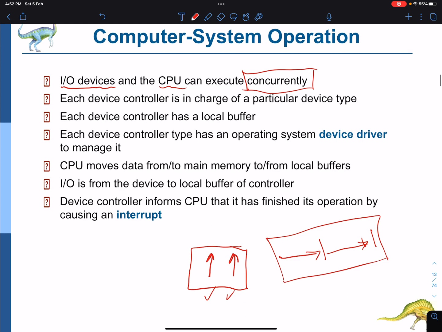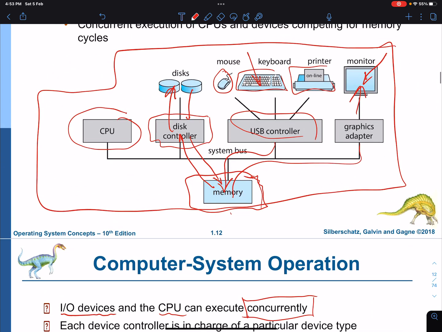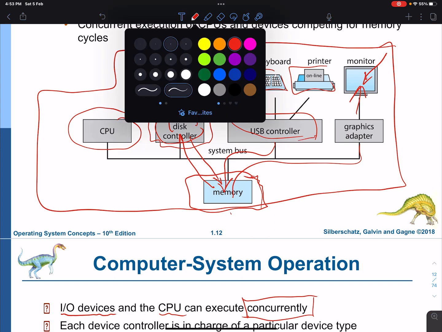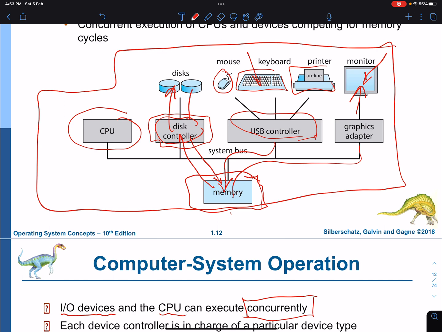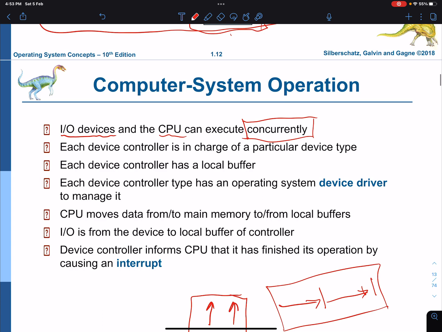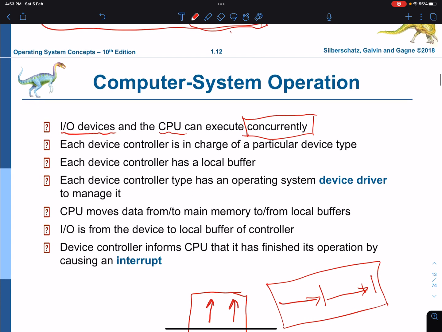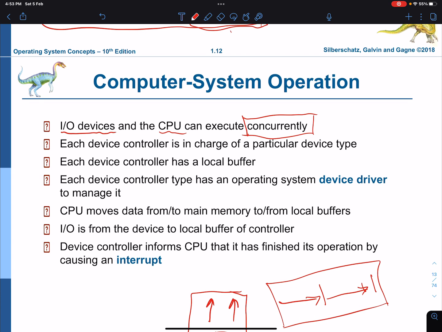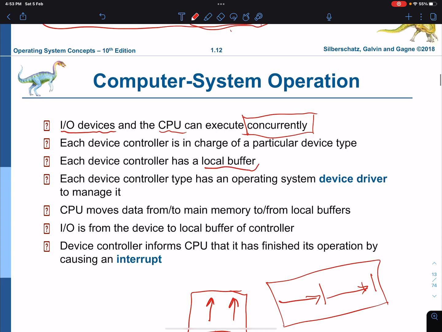Anyhow, each device controller is in charge of something, right? As you can see here, the disk controller is in charge of all the operations that happen in the disk. The USB controller is in charge of whatever connects using a USB, like the mouse, the keyboard, the printer, and so on. Okay, and each device controller has a local buffer.